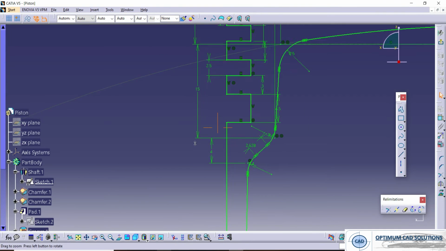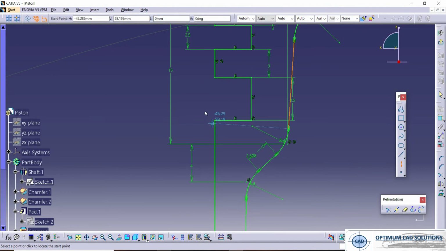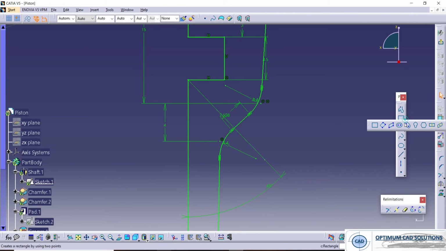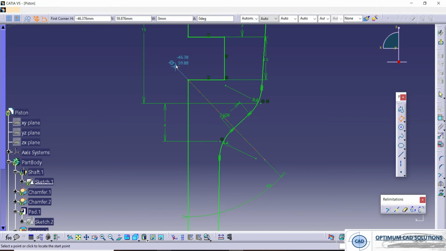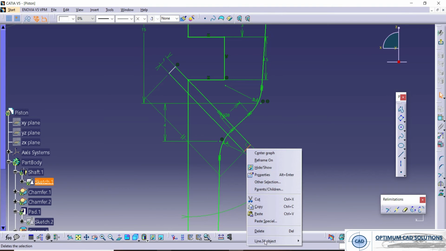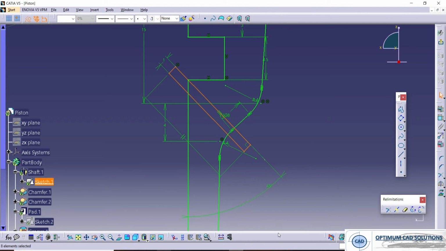So we'll draw here 45 mm, and we'll take output for this rectangle.